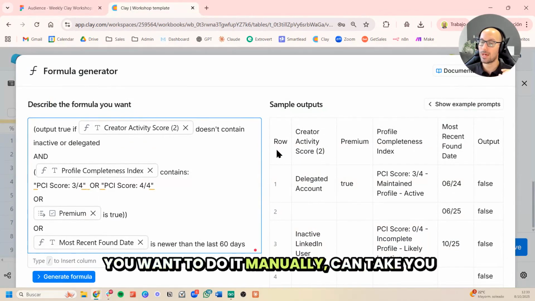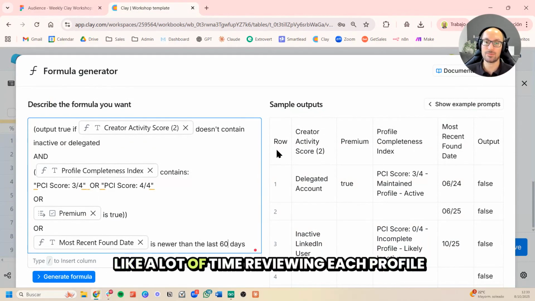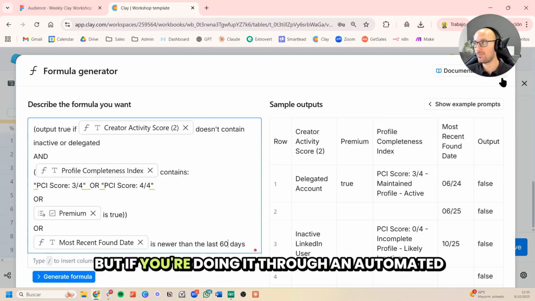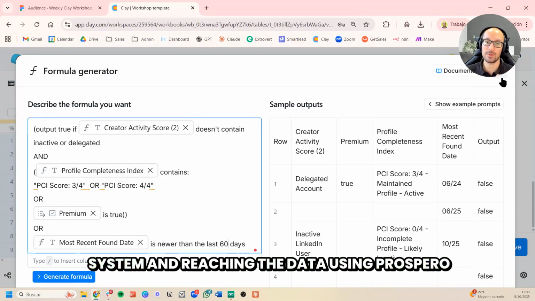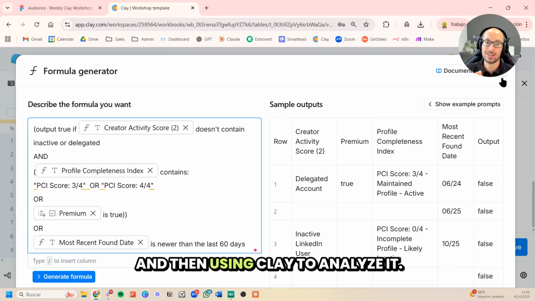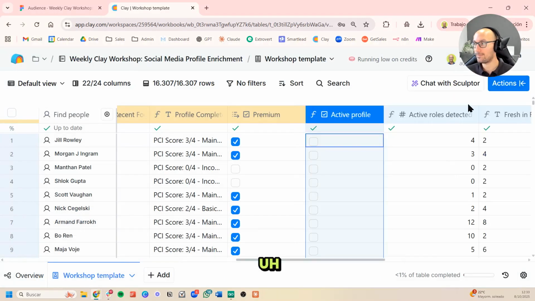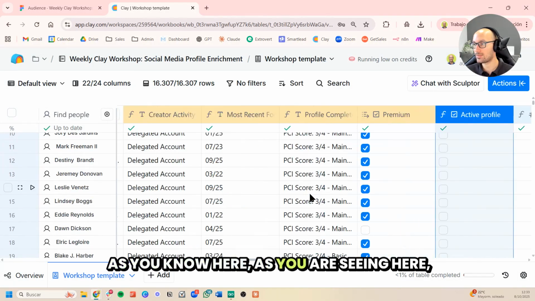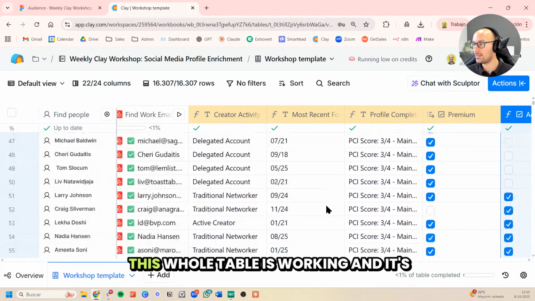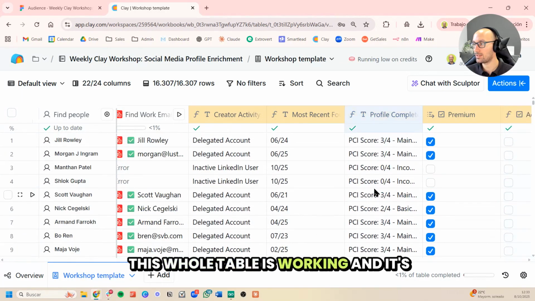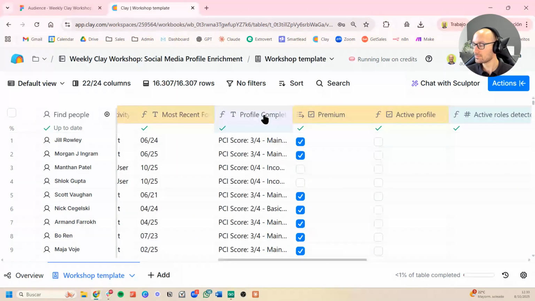If you want to do it manually, it can take a lot of time reviewing each profile one by one. But if you're doing it through an automated system, enriching the data using Prospero and then using Clay to analyze it, as you are seeing here, this whole table is working automatically.